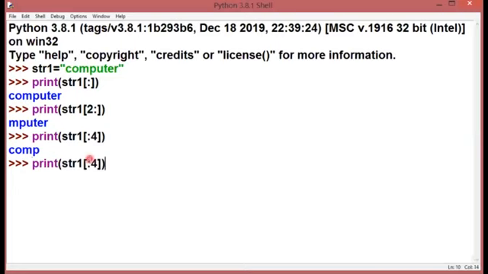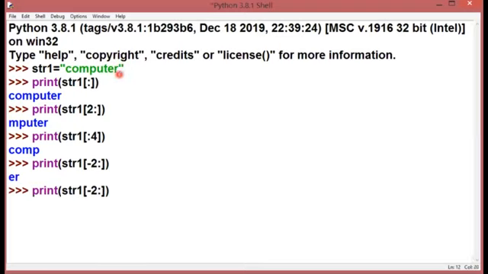Another example. We have talked about positive indexing. Now I'm going to talk about negative indexing. I am going to start with minus 2. In this indexing, R is stored at minus 1, E is stored at minus 2. I am starting with minus 2 till the end, because I am not giving an end position. So it will display ER, because if I start from -2, only one more character is there after it, that is E and R.